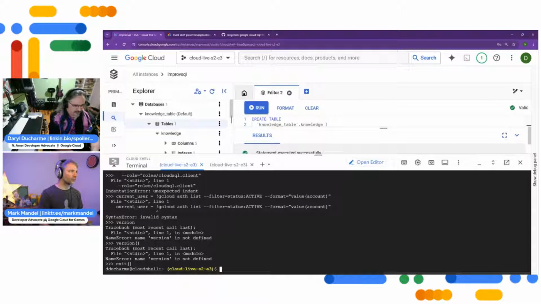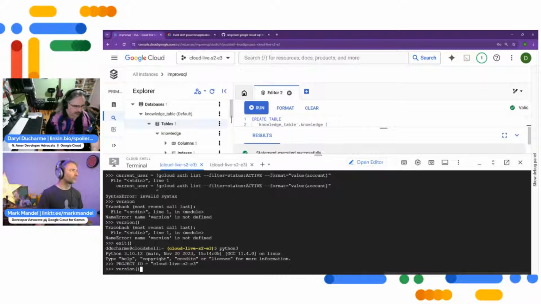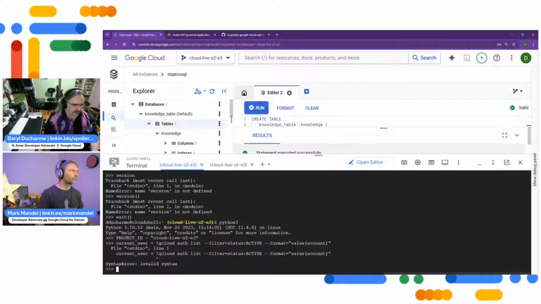This is just fun. All right. Make sure that we're in the right place. So once again, it does not like that external sort of thing, but